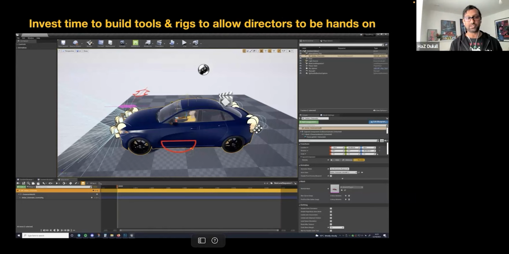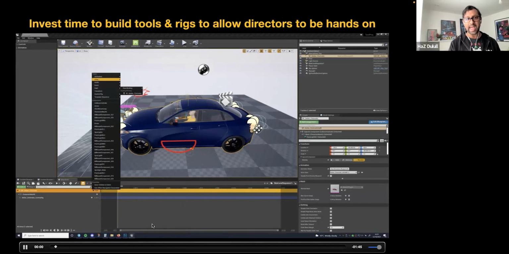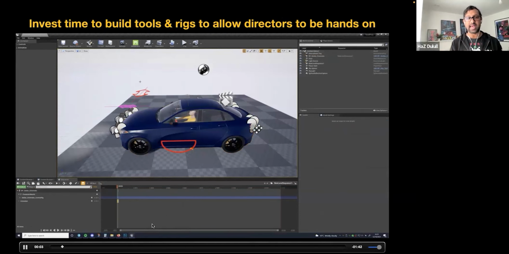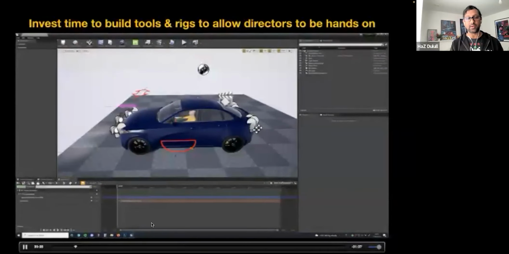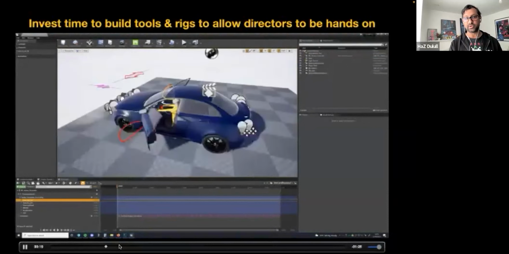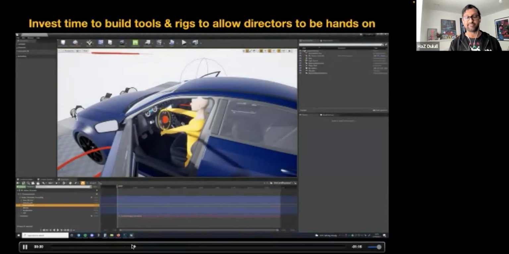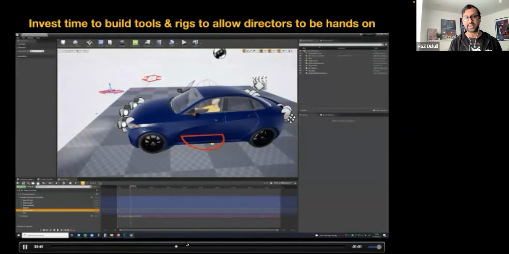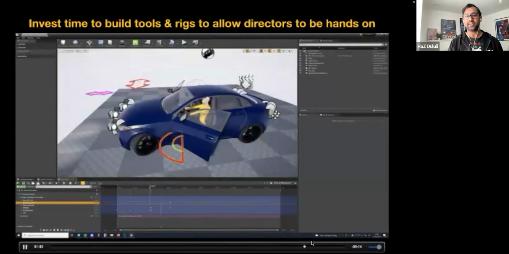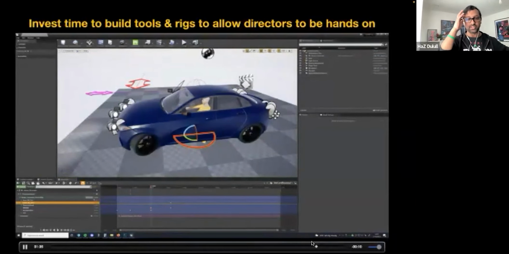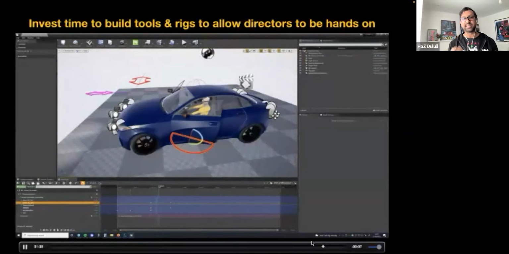So Andrea would build me tools like, I needed to animate a car chase. So for example, something like this, where I wanted to be able to animate the wheels and animate the steering wheel, but I don't want to go into Maya and do this. I wanted to do it all in Unreal. So he would rig it in a way that allows me to do all these things, like open the door, and I can keyframe, or I can have an IK attached to the steering wheel of the arm. He'll set all that up for me, and then I can just go in and animate all of that stuff in sequencer. I would say 85% of the movie was pretty much done in sequencer. There's only certain things we went outside into Maya to do specific animation, which was usually down to character animation.